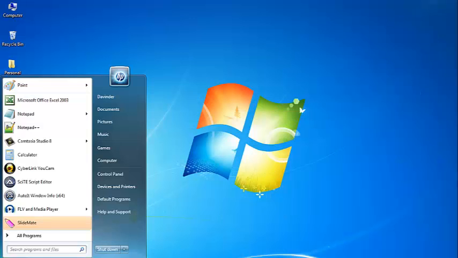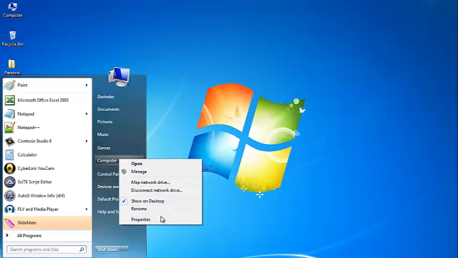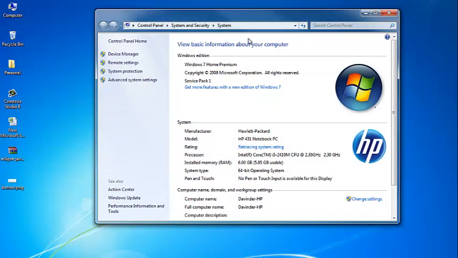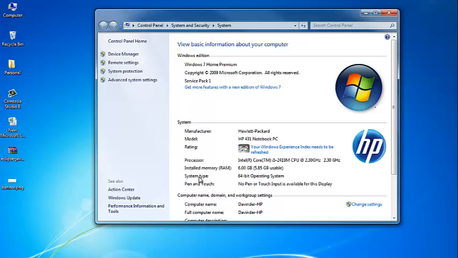To quickly check your operating system, go to Start and right click on My Computer and select Properties. As you can see, under the system category, look out for the system type options value, which says 64-bit operating system.